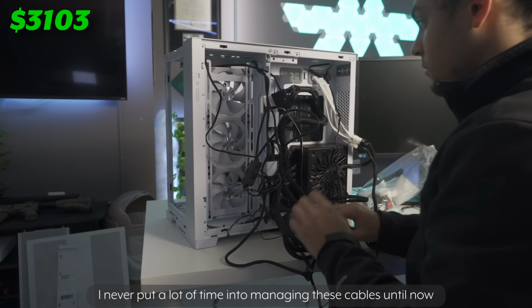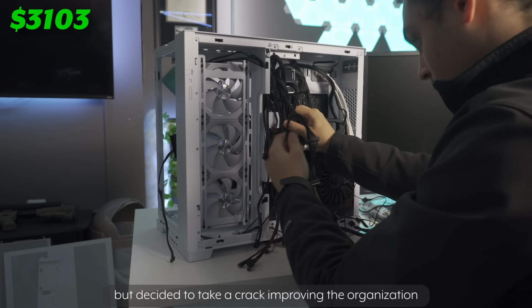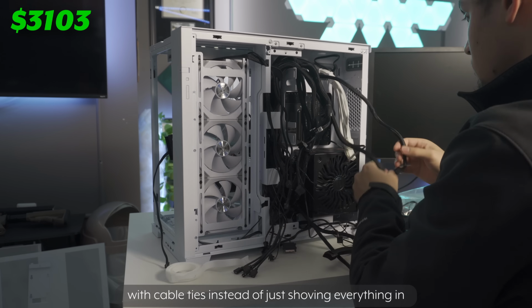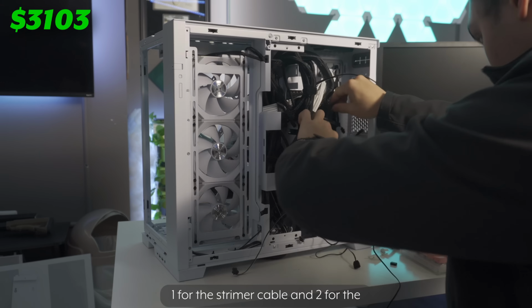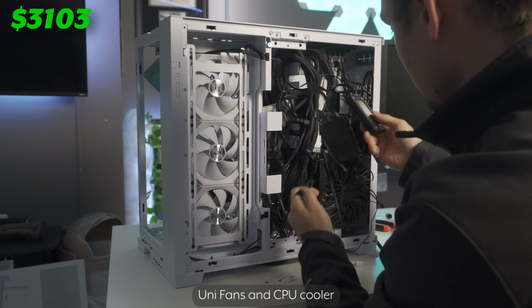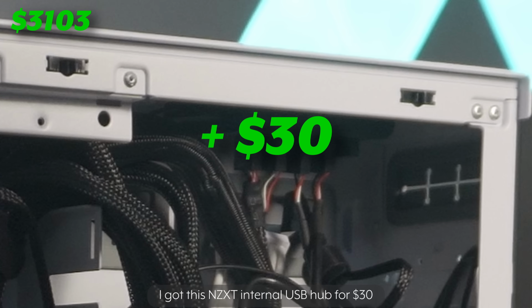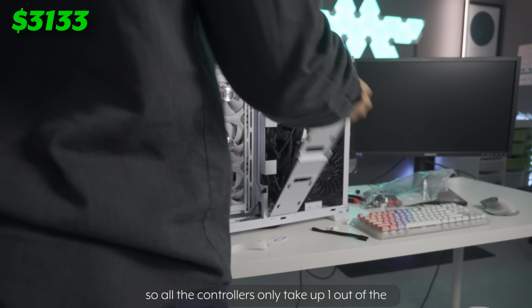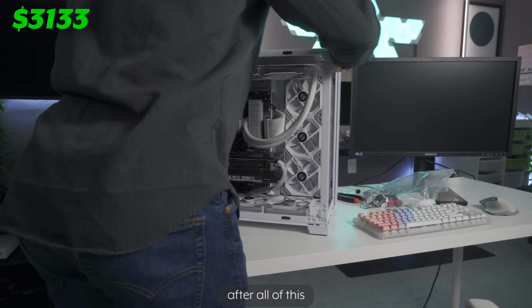I never put a lot of time into managing these cables until now, but decided to take a crack at improving the organization with cable ties instead of just shoving everything in. Since I'm using 3 RGB controllers, 1 for the Strimer cable and 2 for the Unifans and CPU cooler, I got this NZXT internal hub for $30 to plug all of them into, so all the controllers only take up 1 out of the 2 USB ports on the motherboard. After all of this, I spent